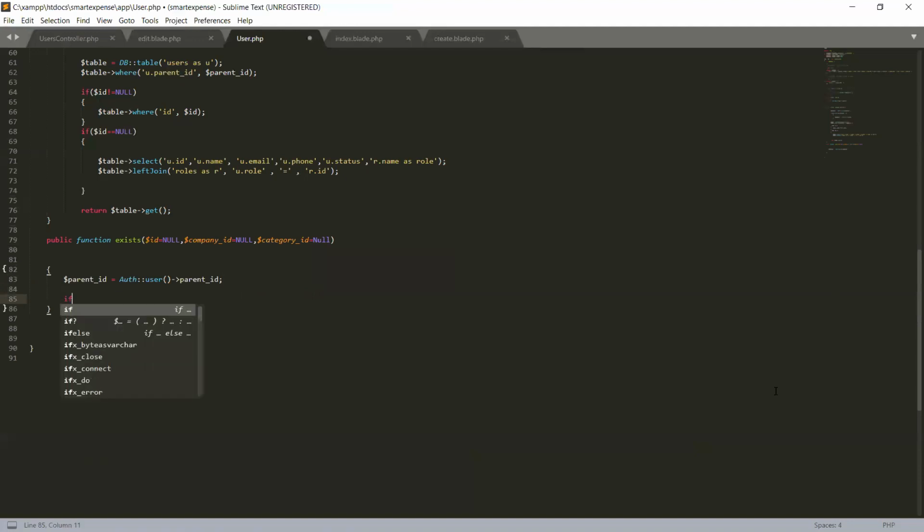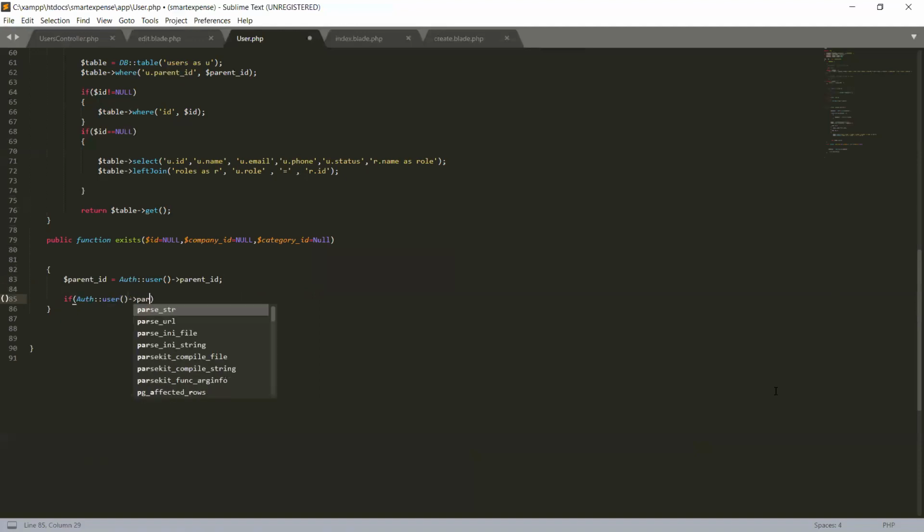So if auth user parent ID is equal to null or 0, then we will set the parent ID.